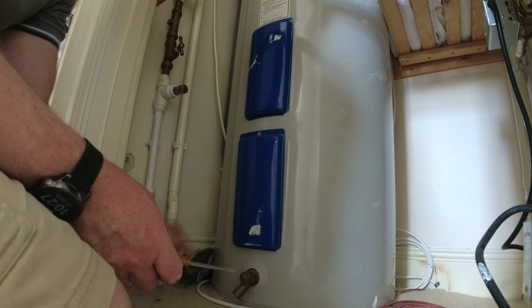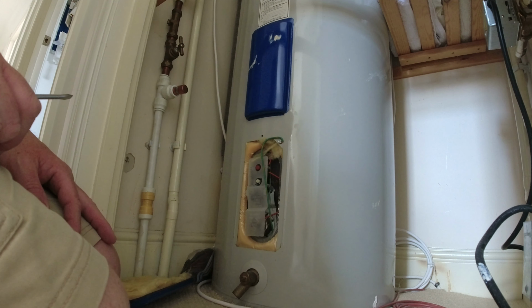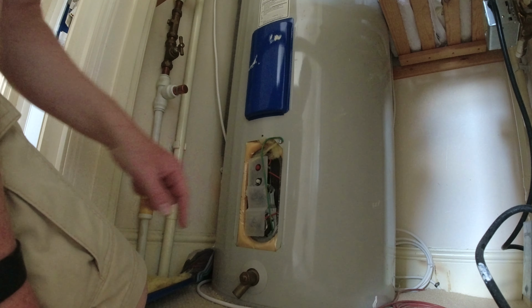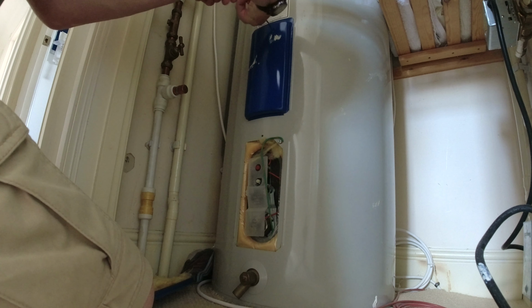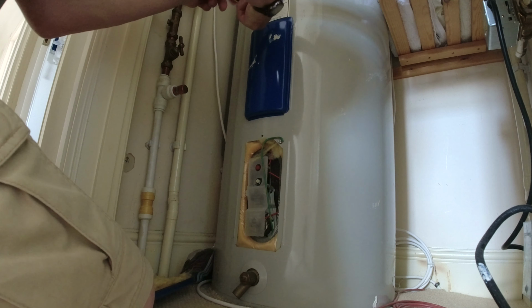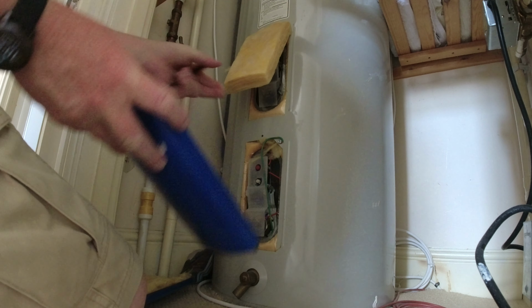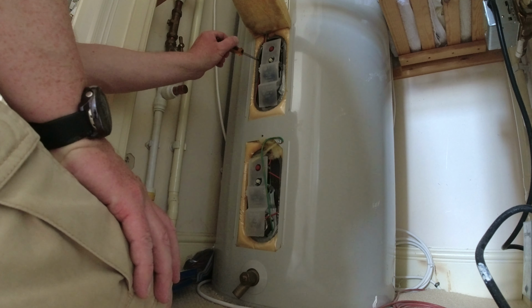So what you can see is, they're heavily kind of foamed up, but on each one, it's got the foam padding around the outside, but there is access to the sort of body of the tank around the sort of electrics. So what I think I'll do is I'll put it on the higher one. Obviously heat rises and that's as high as I can get. So I'm going to put the sensor on the top one and not put anything on the bottom one. And then I'll just basically tape it to the tank body. I think what I'll do is I'll get some Gorilla tape and then I'll probably just tape it straight in there